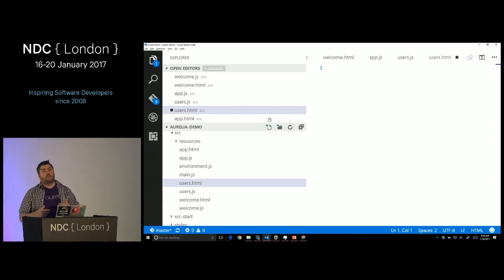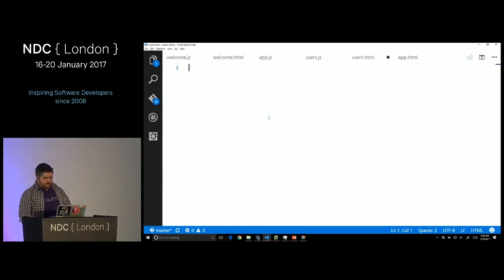You can also put your view, your template, inline in the page using a decorator called inline view, and you can have single file components with Aurelia. But for this demo, I'm just using the convention. So first,